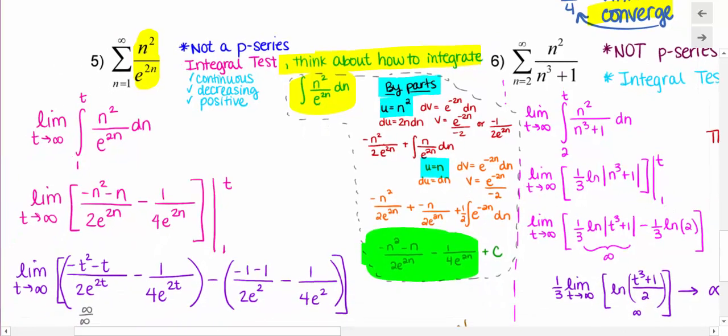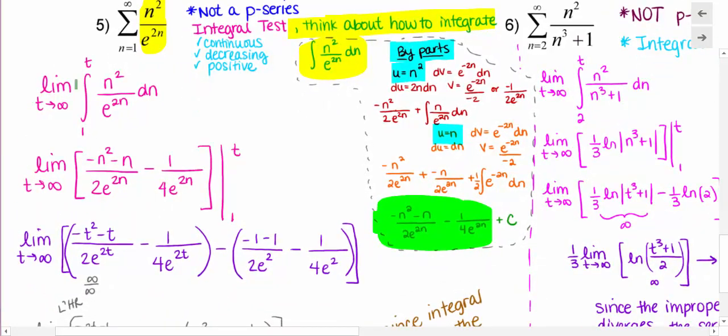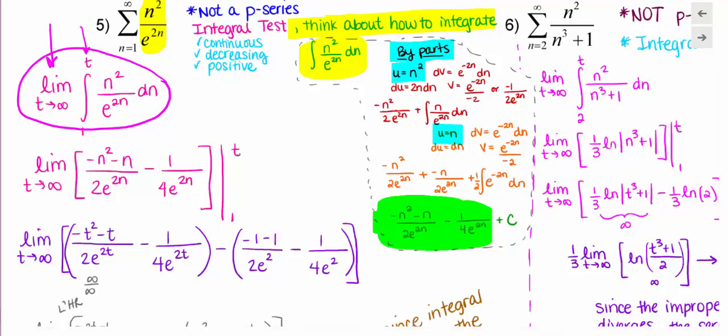So I come over here and I say, all right, I'm going to try this integral test because it's continuous, decreasing, and positive, and I know I can integrate it. So let's try this actual integral test. I'm going to write the improper integral, so you're introducing the limit, putting in t as a bound instead of infinity. I substituted in my evaluation of the integral,